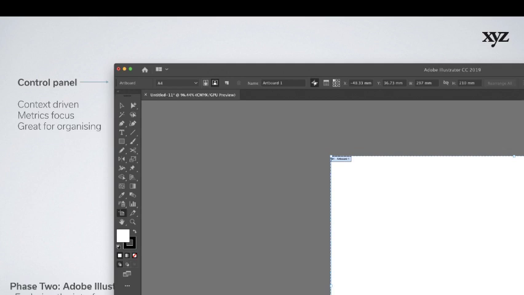It's context driven, so this control panel changes as you use different tools. If you use a type tool, it will give you options to do with type, paragraph and editing, font selection. If you're using scaling tools, it will change to a scaling method. So it's very context driven. It's intelligent enough to know that when you're using certain tools, you need to be able to amend different things. So that's a control